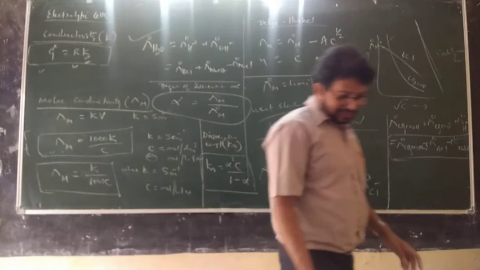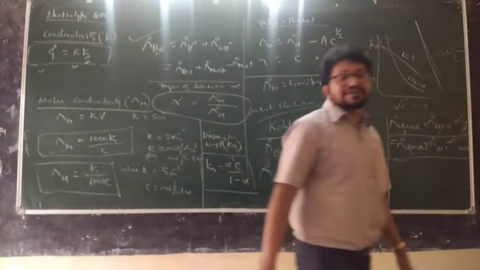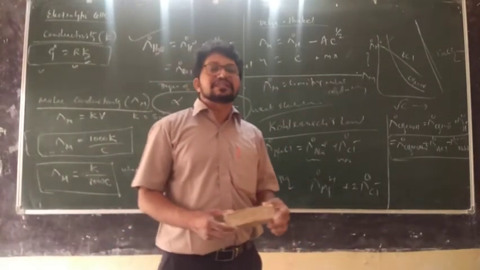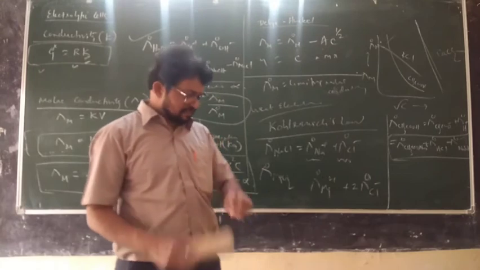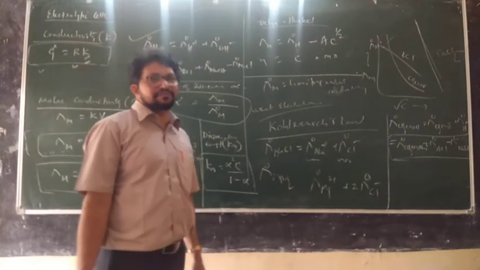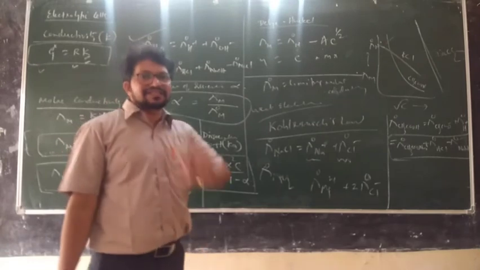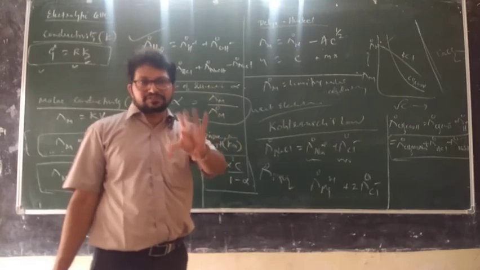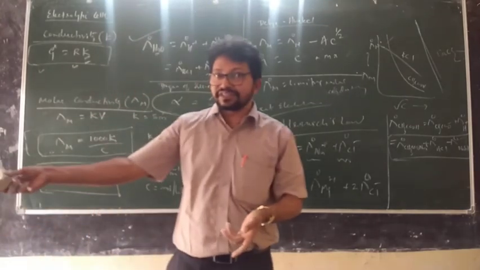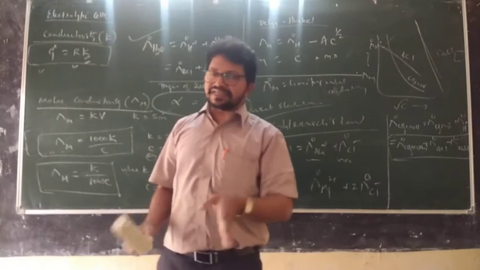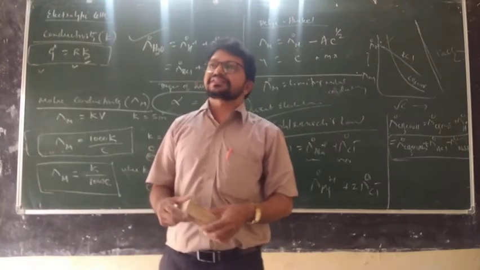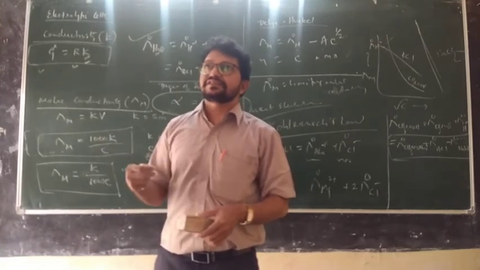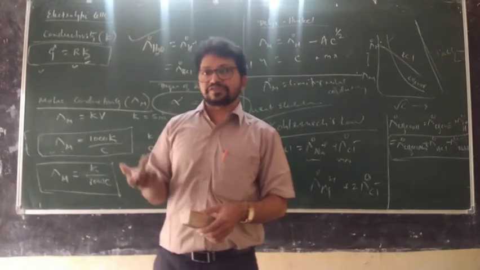Then you see, as far as CET is concerned, Faraday's law problems are not included. Faraday's law of electrolysis. I spent 5 minutes on it because it is one of the important parts, at least for NEET. And for some of the cells, 4 to 5 cells, you have to write the anodic reaction and cathodic reaction. The reverse also you have to write. That is during charging. You first understand the cell reaction. Then what is the reaction during discharge of the cell? Then what is the reaction during charging? Opposite. Anode becomes cathode and cathode becomes anode.